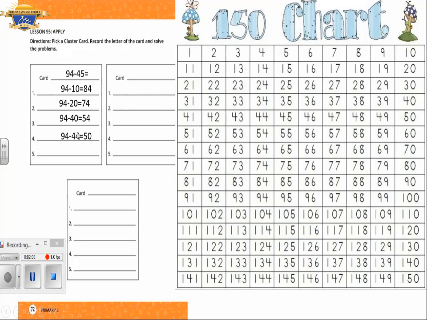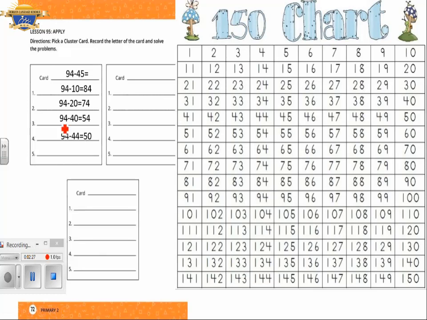So 94 minus 10 equals, 94 minus 20 equals, 94 minus 40 equals,